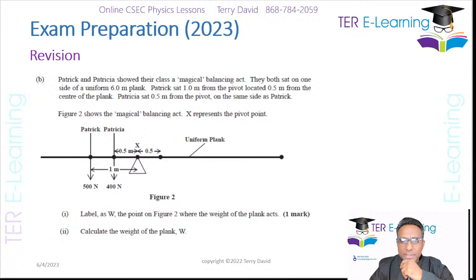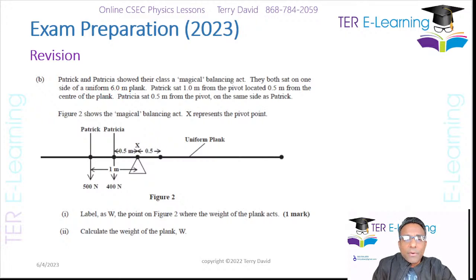Let me read this properly. Patrick sat 1 meter from the pivot, located 0.5 meters from the center of the plank, and Patricia sat at 0.5 meters from the pivot on the same side as Patrick. So figure 1 shows the magical balancing act. X represents the pivot. Okay, so both of them are on the same side of this